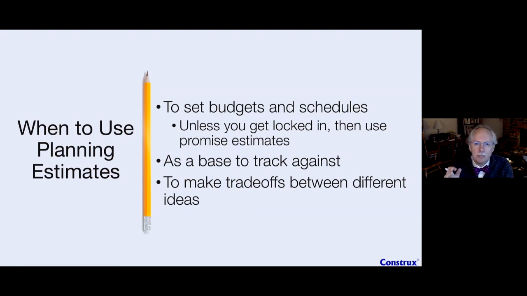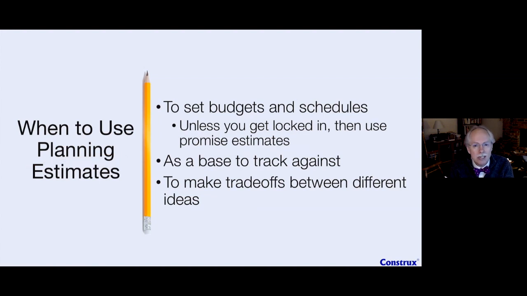And so we're not going to pretend that they don't exist in order to get this project into a number that you like. For a number you like, we're going to set a planning number, and I'm going to revisit this planning number with you. I can give you a promise number if you like, but not yet. And if they say, no, we need a promise number, then I'm going to go back to my promise estimate and say, well, here's what I can promise you. It'll be on or before this number. But that's huge. It is, but there's so much we don't know yet. However, if you want to set a budget and schedule, I can come back to my planning number right now.